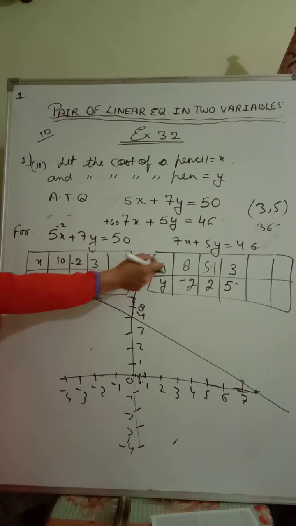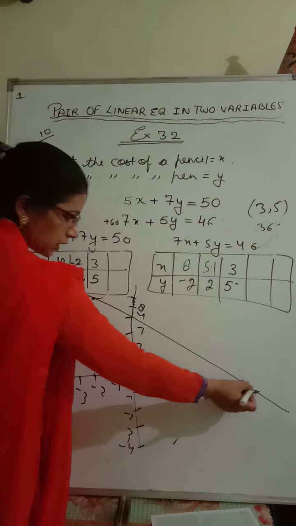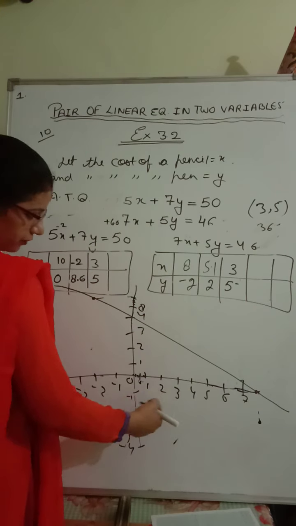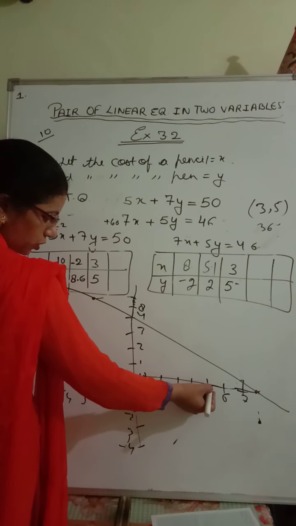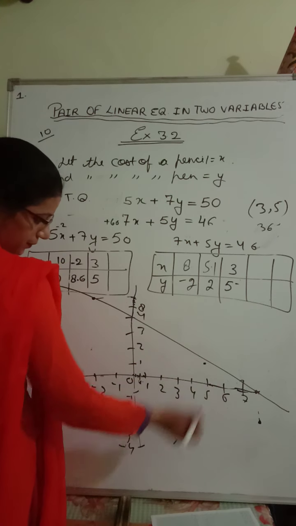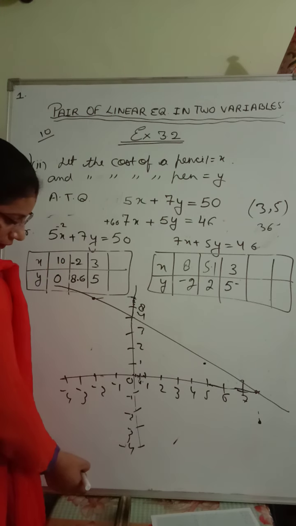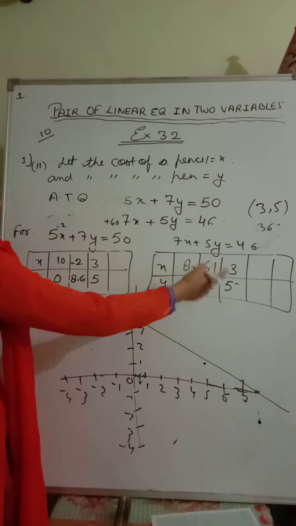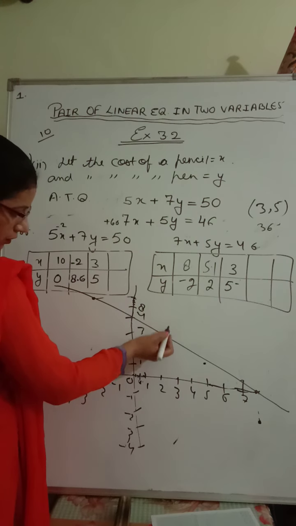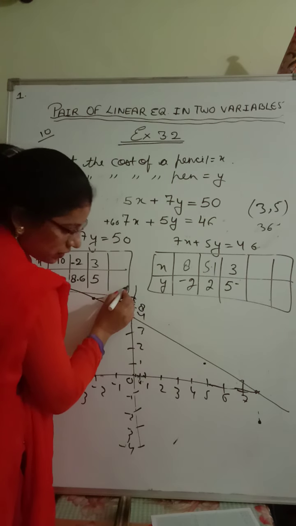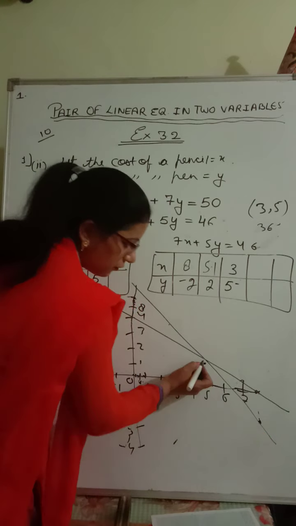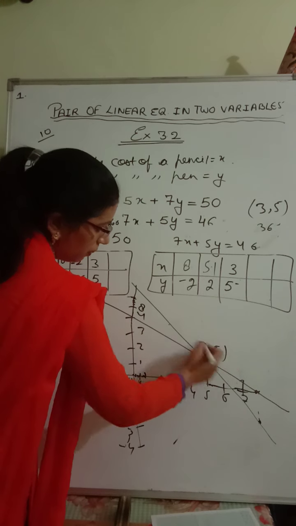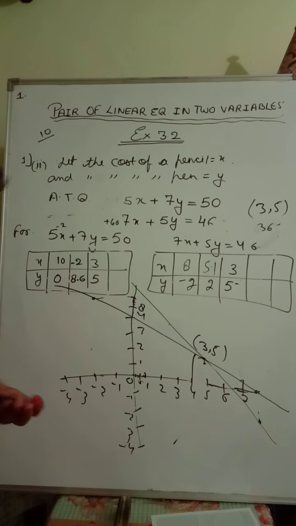ठीक है. Same way 8 comma minus 2 like this. 5.1 comma 2, 5.1, 0.1 ये हो जाएगा, comma 2 will come somewhere here. Okay. And first point is 8 comma minus 2, this, and 3 comma 5. So the graph is coming like this. ठीक है. So it will intersect at, it will come definitely here, it will intersect at 3 comma 5. So like this your graph will come.